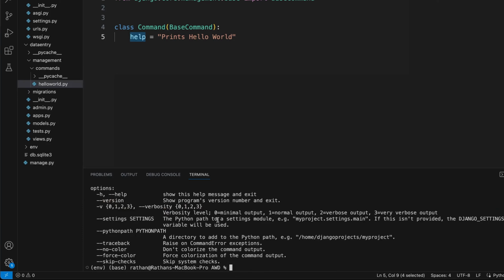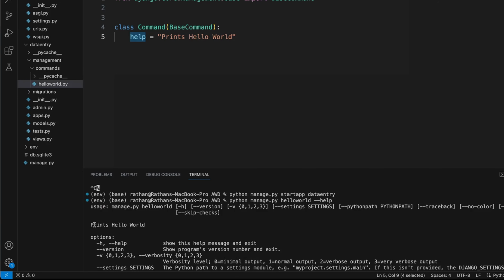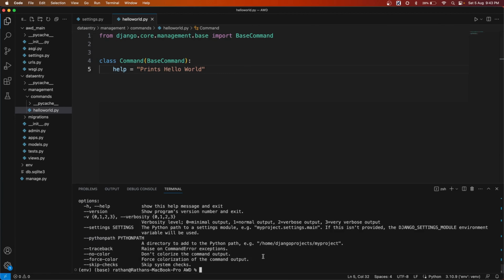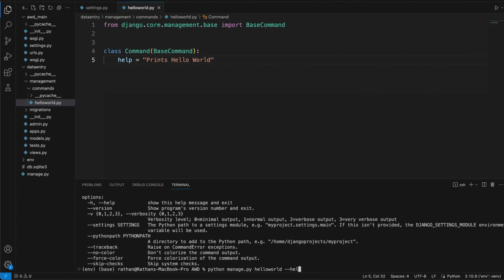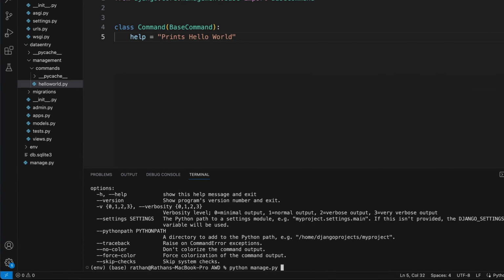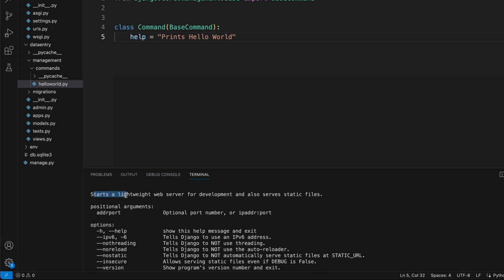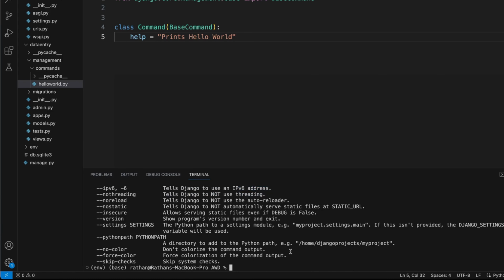Okay, now here just scroll up, here you can see it prints hello world. Okay, the same thing. Now every command in Django has its own help attribute. For example, if you want to see the help message of the runserver command, python manage.py runserver --help,